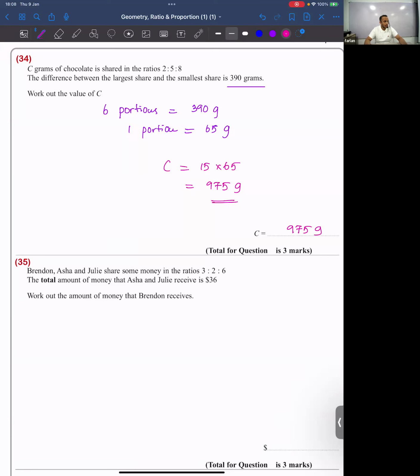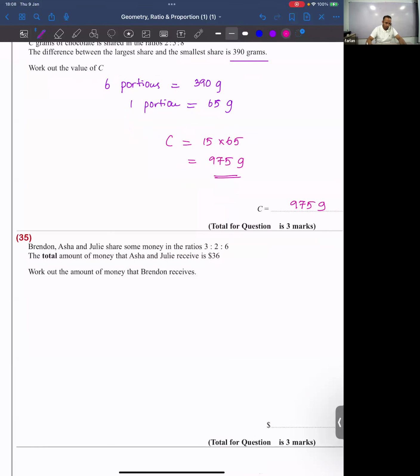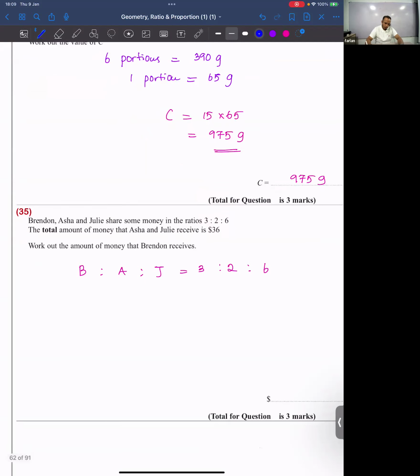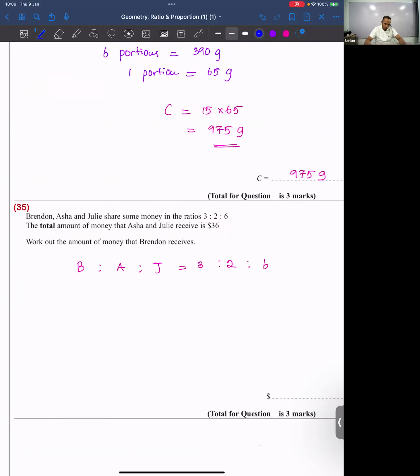Alexander. Right. Brandon, Asha, and Julie share some money in the ratio 3 to 2 to 6. Brandon, Asha, Julie. The total amount of money that Asha and Julie receive